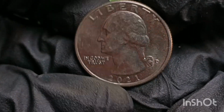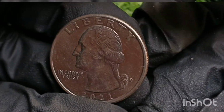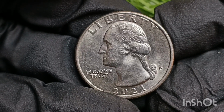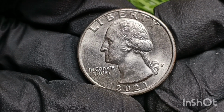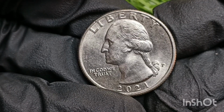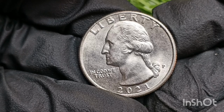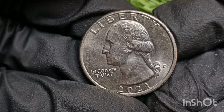Here's how 2021 quarters compare across conditions. Common in daily use, worth face value, 25 cents, unless in pristine condition; may show wear, scratches, or discoloration. Never released into commerce, higher value among collectors. Graded by third-party services, e.g. NGC, PCGS, MS65, or above can